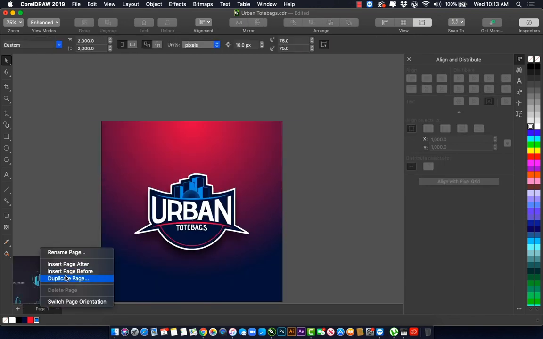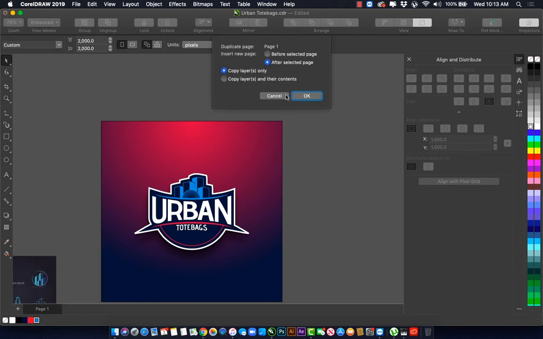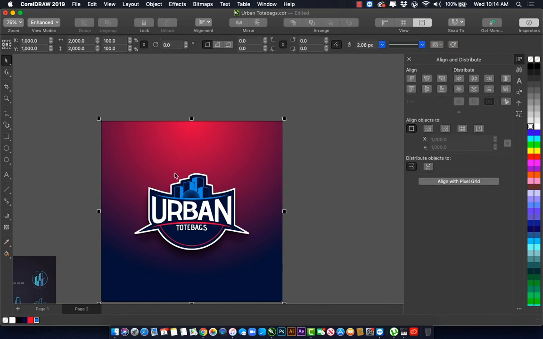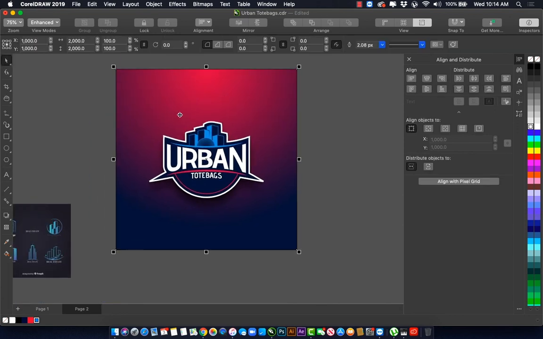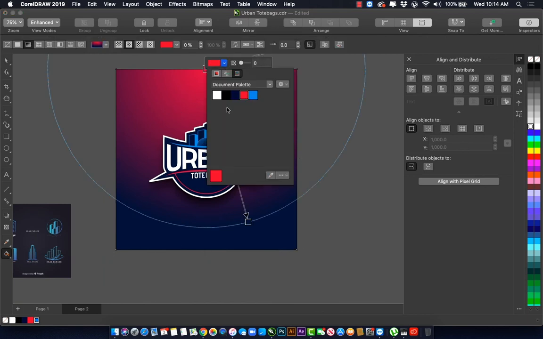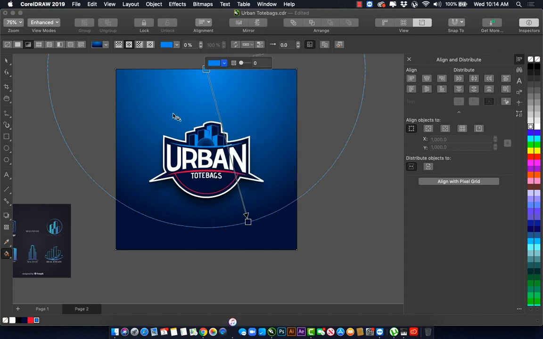So I duplicate this page, and I make an alternative of blue. Let's see whether the client will prefer blue or